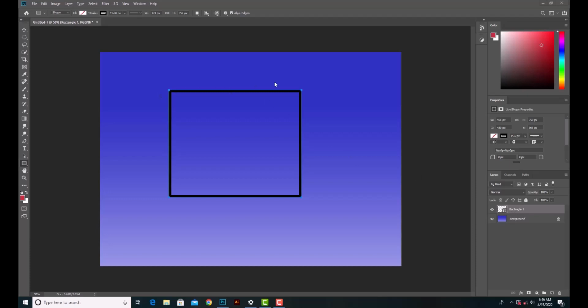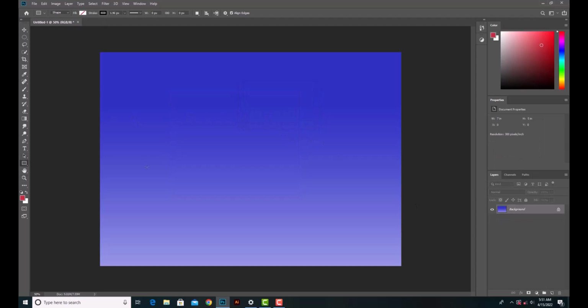And once you drop a shape, it will automatically open up the properties panel for that shape, and this will work on recent versions of Photoshop. Note, we will discuss this in more detail in future lessons. There are more options to shapes. For example, if I click on this and delete,